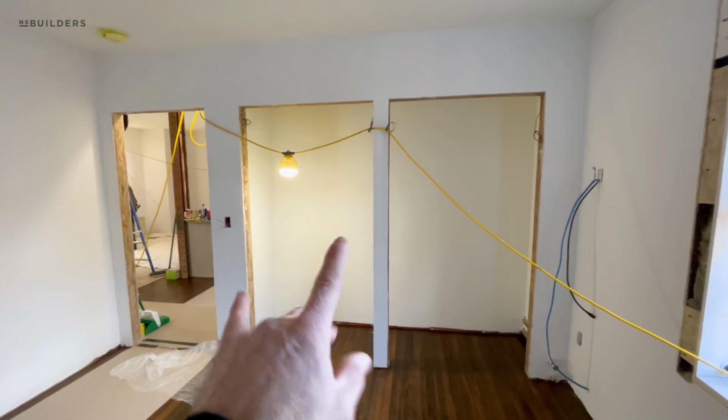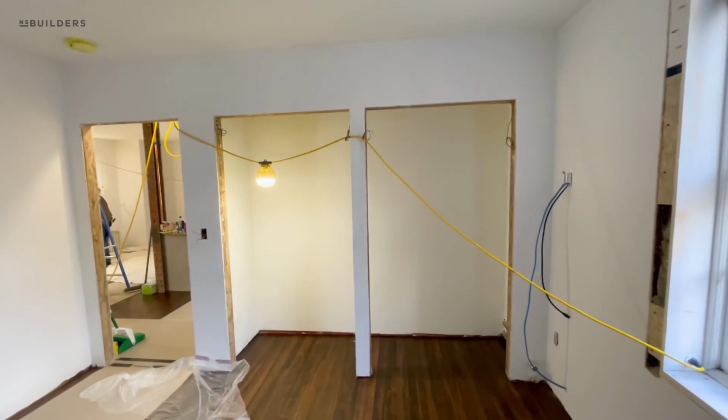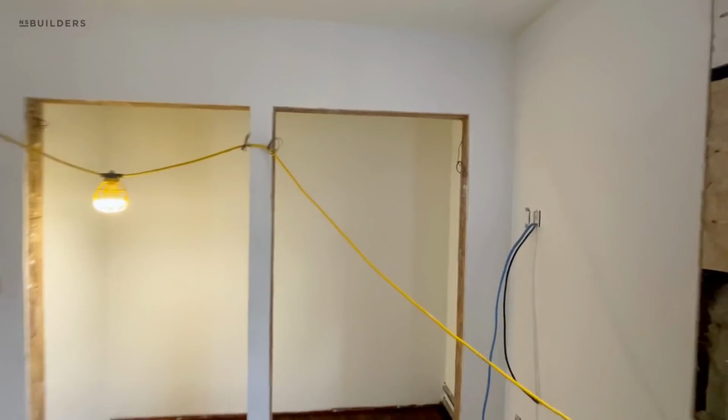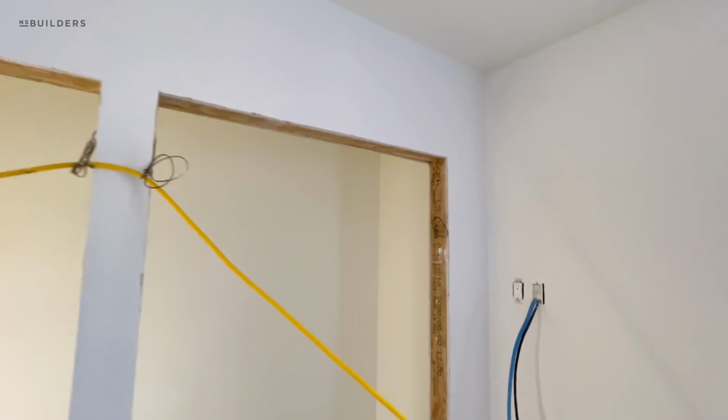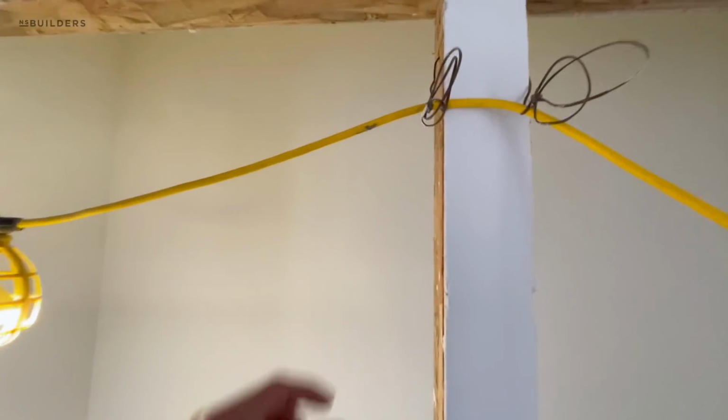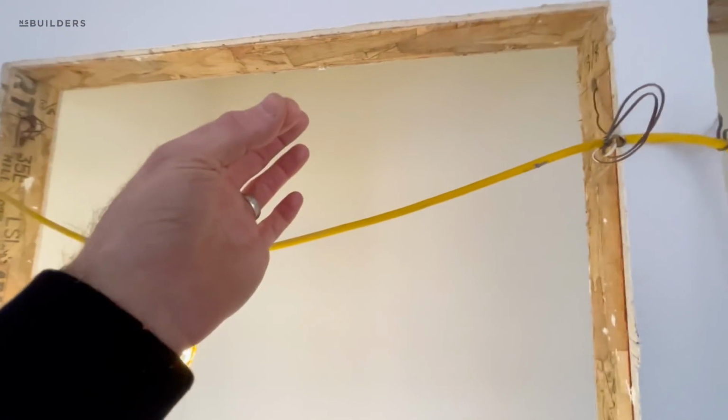We did do a center pole, so we have two doubles, but it will be opened up inside as one space. All our jam switches, we're using, Brian, what's the name of those jam switches? Better switch. So it's a low voltage system, and it has a magnet that goes in the door,